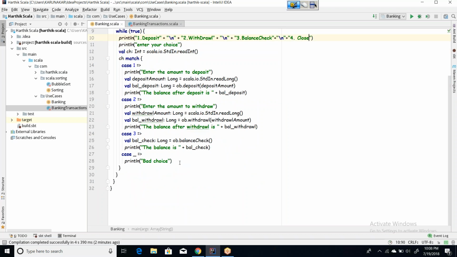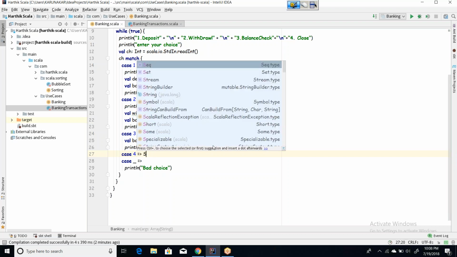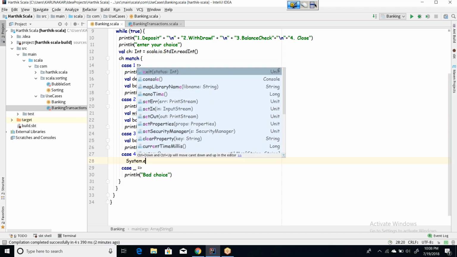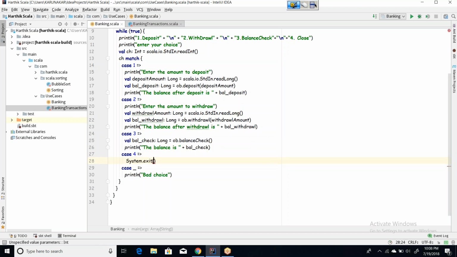So what I can do is, after this, I can write case 4. If it is asked for termination, you can write system dot exit 0. That's it, guys. Okay. Now if we run this,